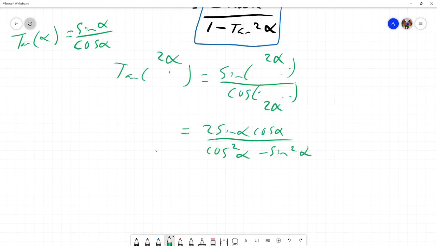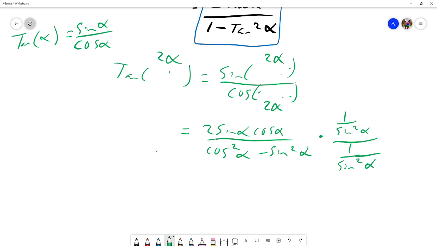And now we're going to be a little creative and multiply by 1 over sine squared alpha over 1 over sine squared alpha. If we do this, we get 2 sine alpha cosine alpha over sine squared alpha divided by